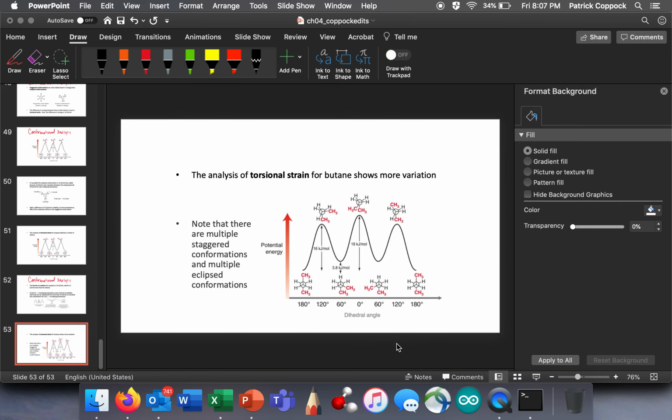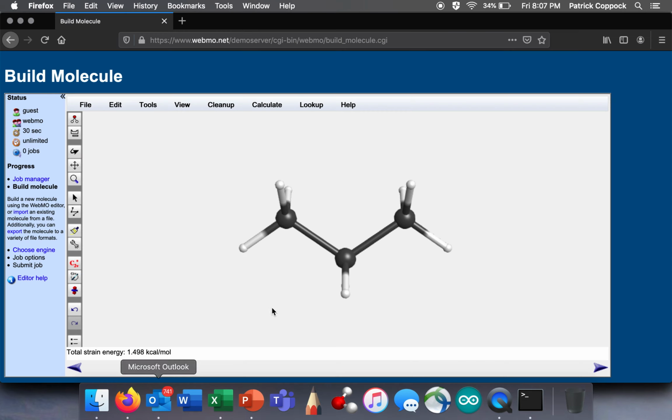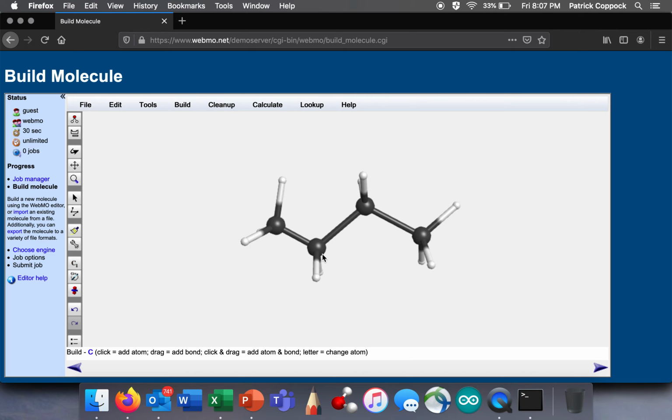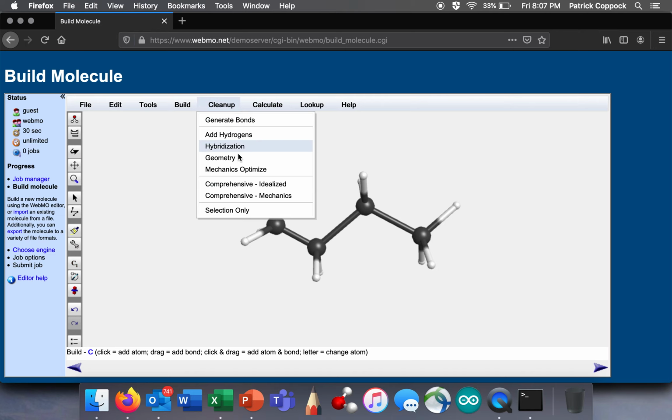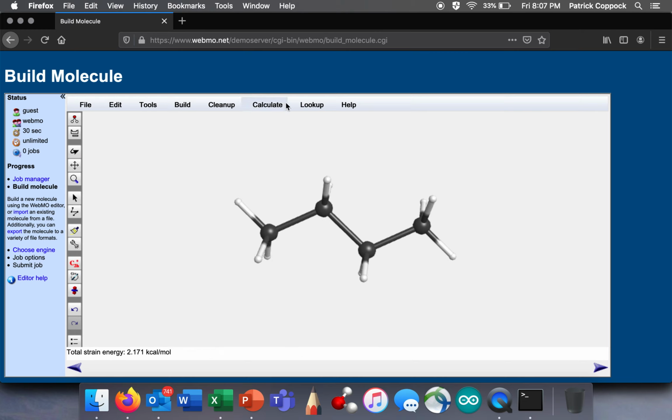Now, if we do butane, that's a different story altogether. So butane has 4 atoms here. So I'm going to come here, get my carbon, make that guy carbon, clean up, add hydrogens. Now I've got butane. First thing I'm going to do is clean up, mechanics optimize, and I'm going to say,